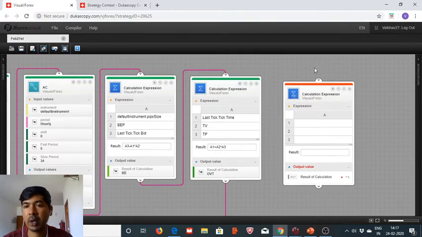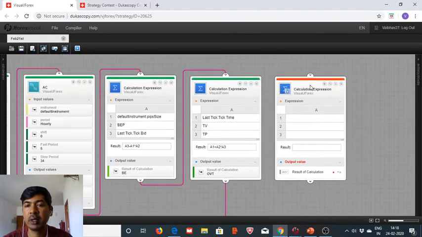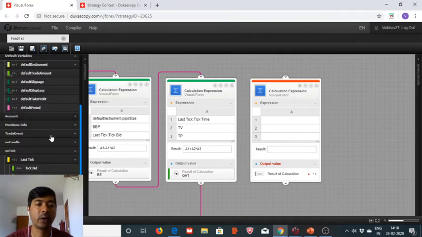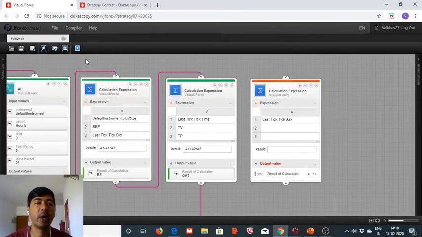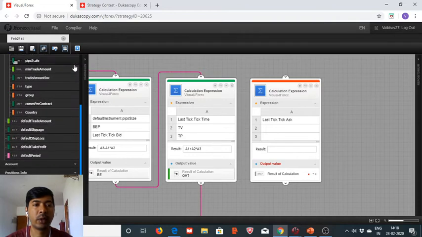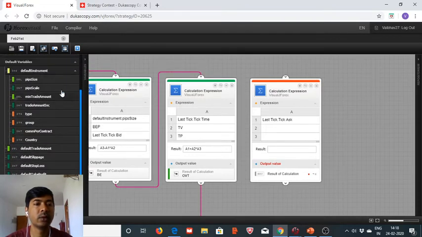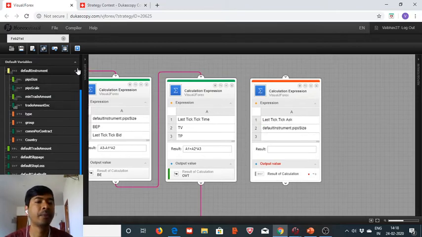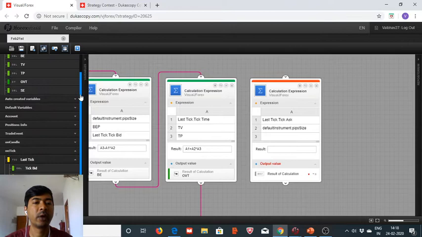Now we will need to add the sale entry point SE. We have calculated the BE, the buy entry. So what we do is we bring in the last tick bid, or we can utilize ask. So here last tick ask, and in that we will add 5 pips to make sure that, default instrument pip size multiplied by 5 pips. So we have defined 5 pips already,